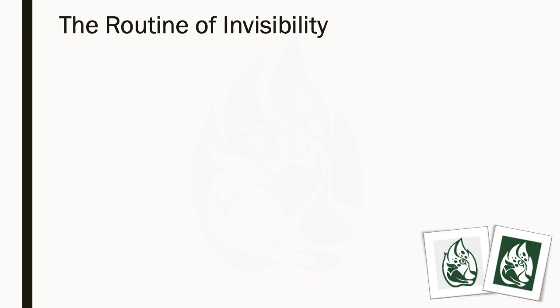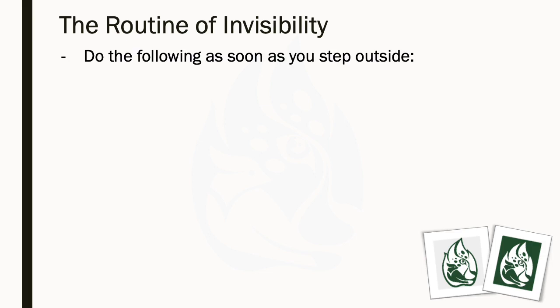So, how do we go about expanding our sphere of awareness and diminishing our zone of disturbance? Okay. Well, one of the ways to do that is what is referred to as the routine of invisibility. What you can do to start this so that animals, I don't want to say aren't aware of your presence, but maybe don't know exactly when you're in an area, or certainly you don't come across as a threat, as a predator, and so they're less likely to take off, is this: